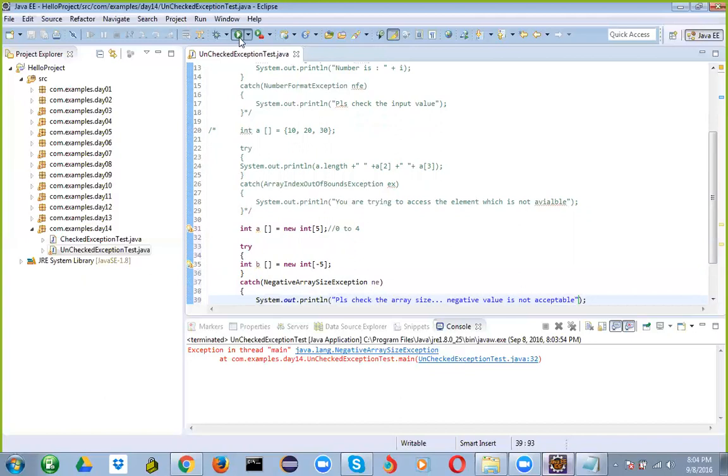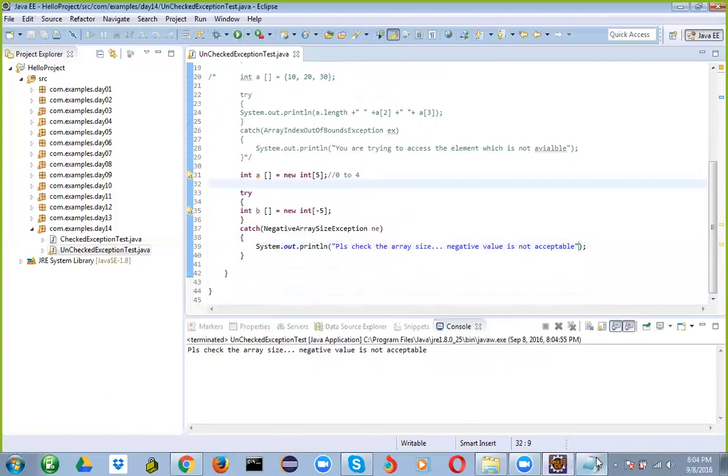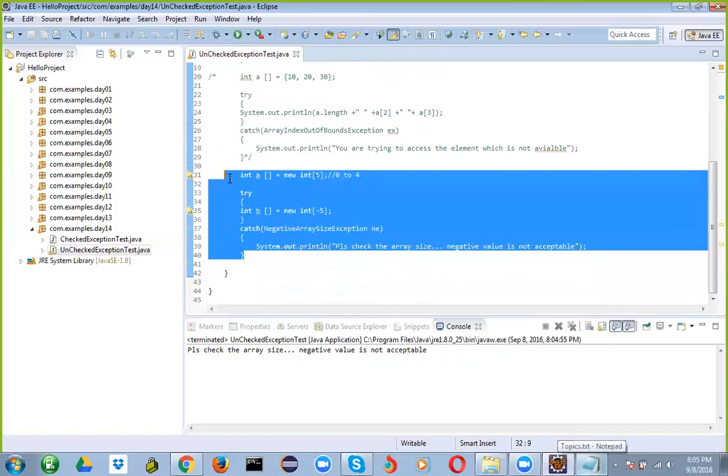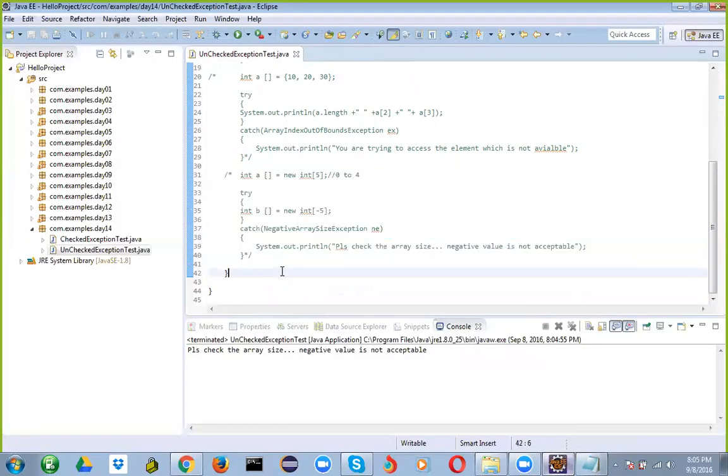Some message, right? Okay. Arithmetic exception. Arithmetic exception means when you are trying to divide a number by 0. So we need to have